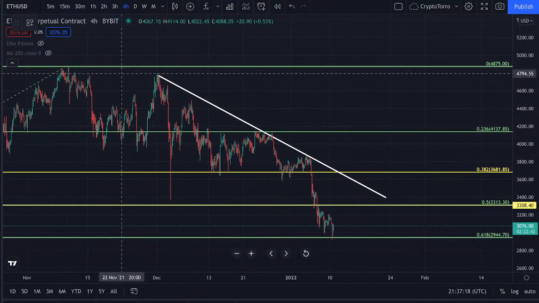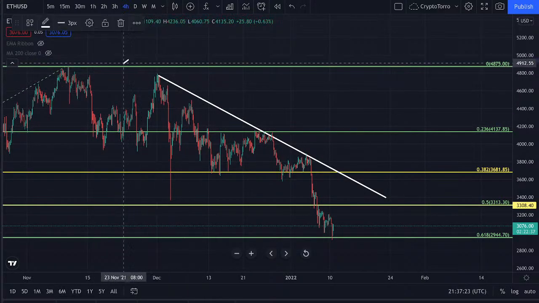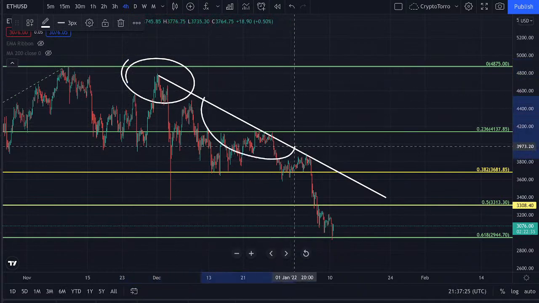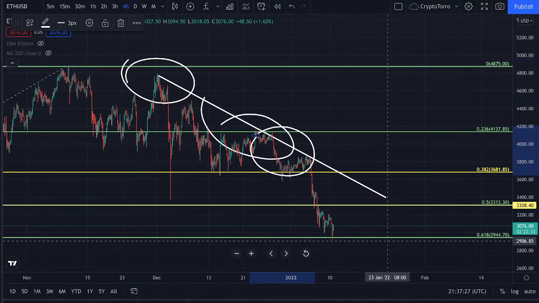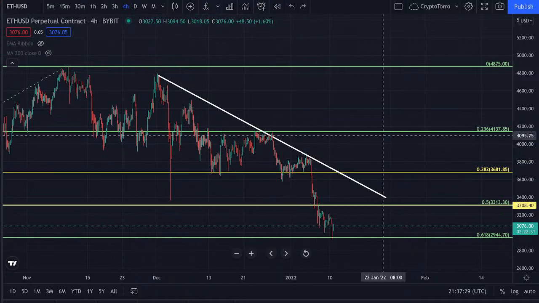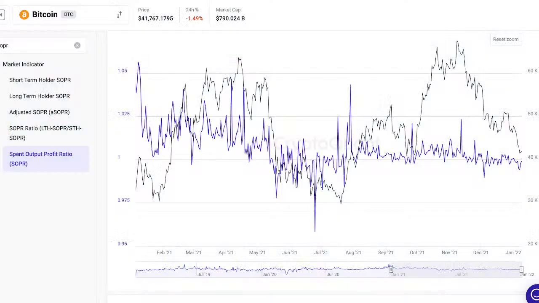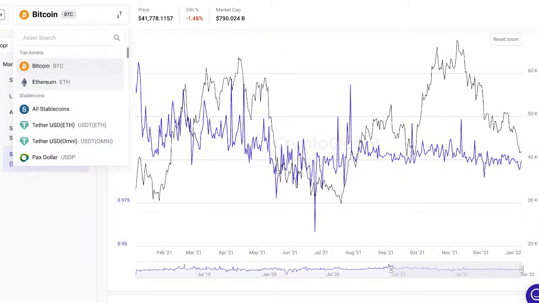And let's take a quick look at what we are seeing right now. Of course, very important, we are seeing touch points underneath this descending resistance. Absolutely something I think is very important to see. But a metric I really want to discuss with you guys is actually the Ethereum